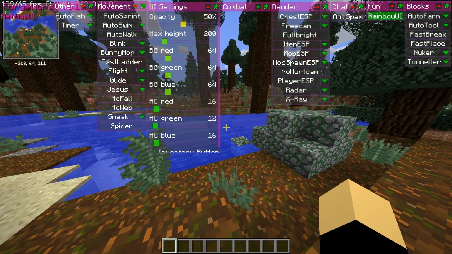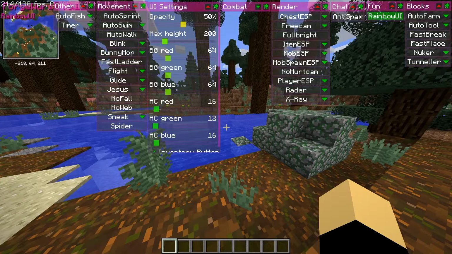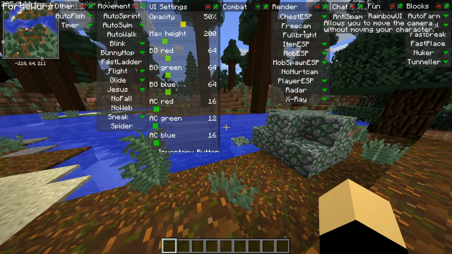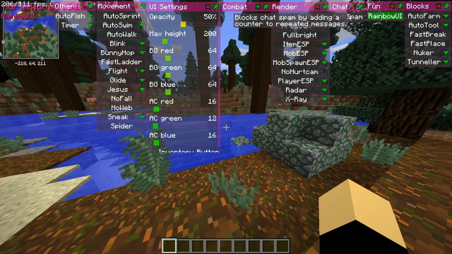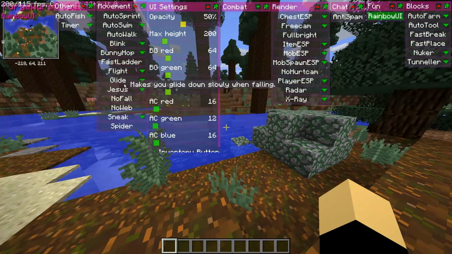So as you can see, I already have one thing on. It's the rainbow UI. I find it to be kind of cooler than having the standard black background. So I have it on that. That's just a fun little add-on. But you can do a bunch of really, really cool things. Now, again,